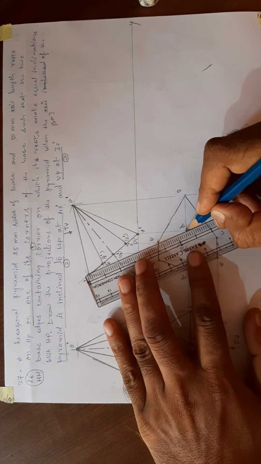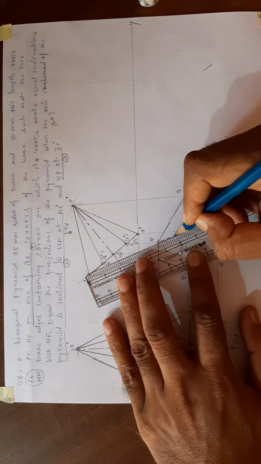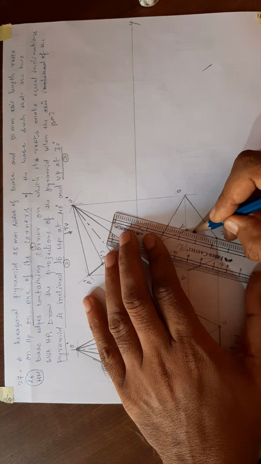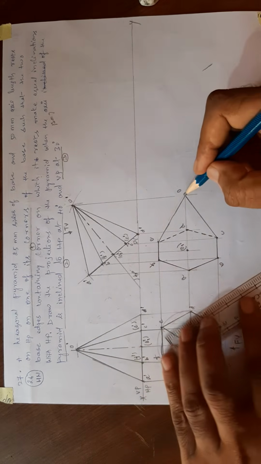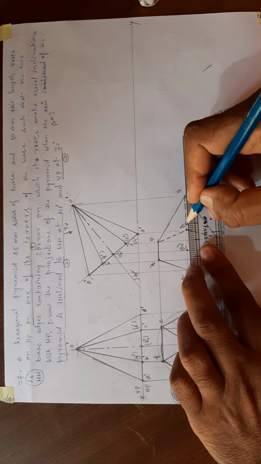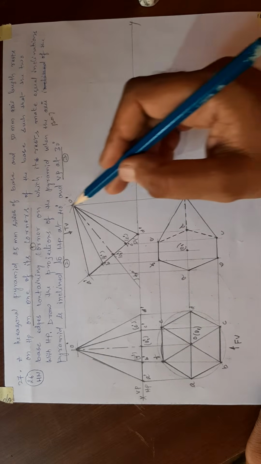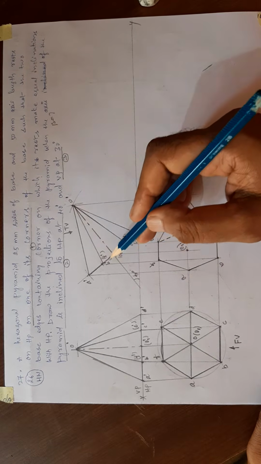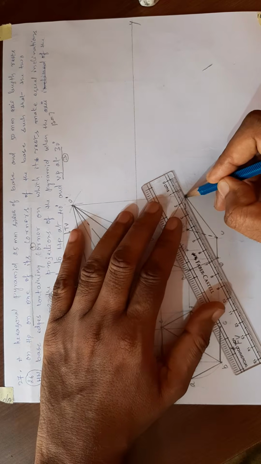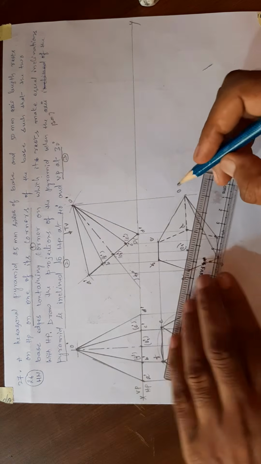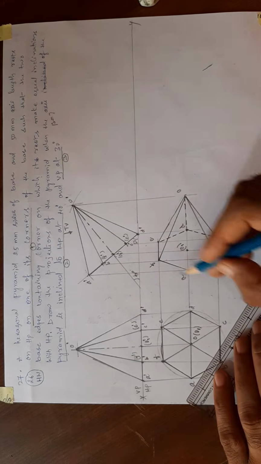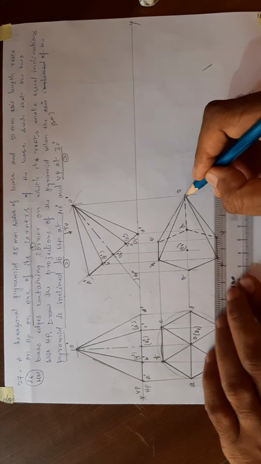Now see here, D2E is invisible and D2C is invisible, and O2D is also invisible. Next, O2F. Now see, O2F is visible, O2B is visible. Here O2B is visible, draw with a thick line, and O2F is visible, draw with a thick line, and O2A, now see O2A is visible, so draw with a thick line.